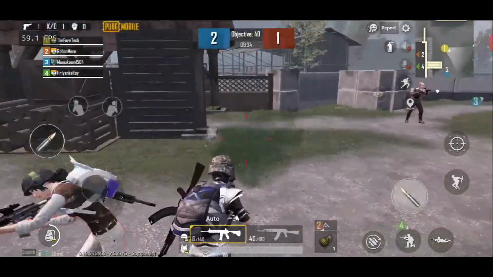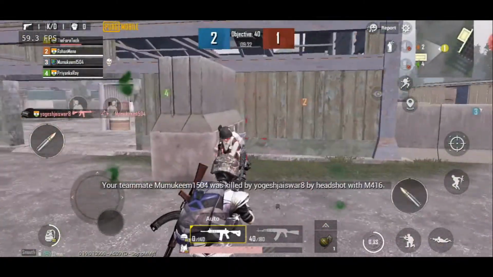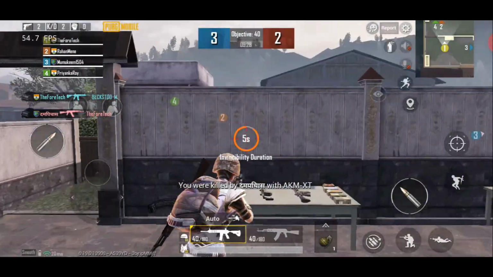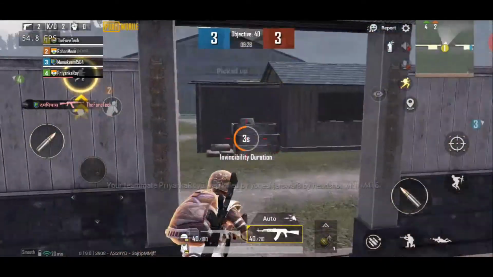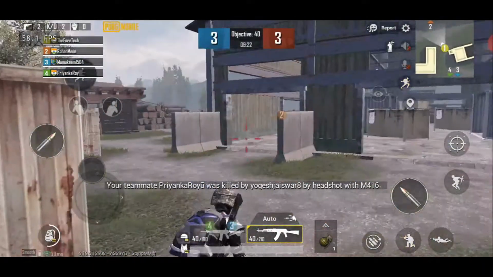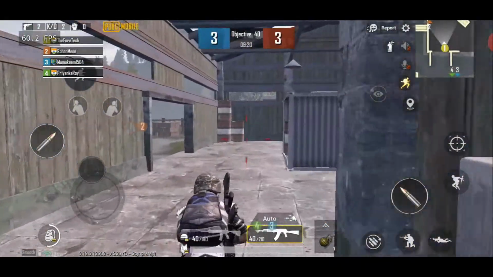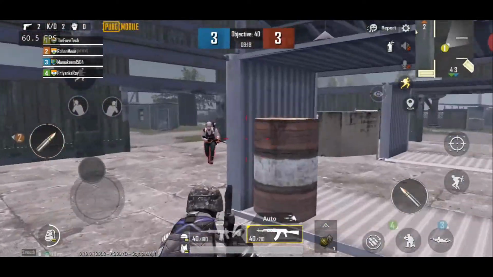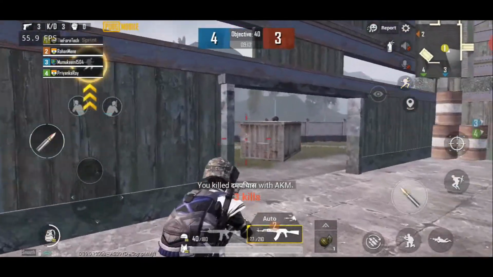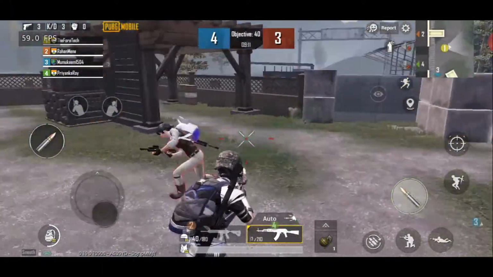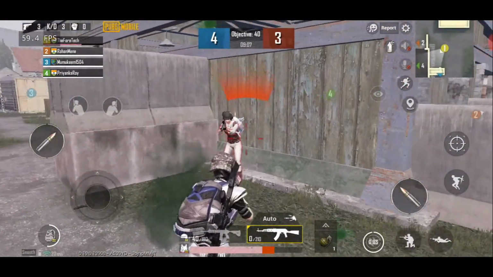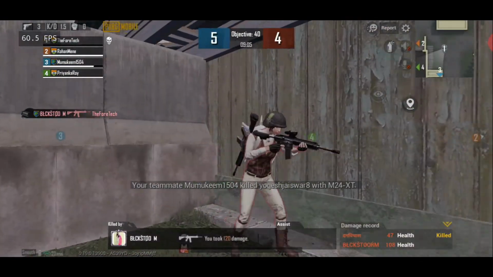So this is the footage of the PUBG Mobile gameplay which I played on this ROM, where you can see that the FPS counter is located on the left hand side, and I recorded this game. Right now I am playing a TDM match, and you can see how much the frame rate fluctuates and how the gaming performance in this ROM is. Personally, I didn't face any sudden lag, stutters, or any type of issues during gameplay, and the gameplay works pretty fine in the entire ROM without any issues.